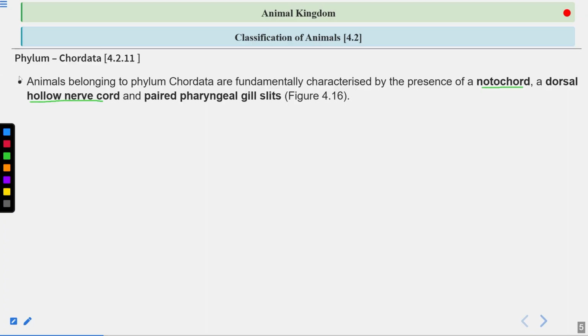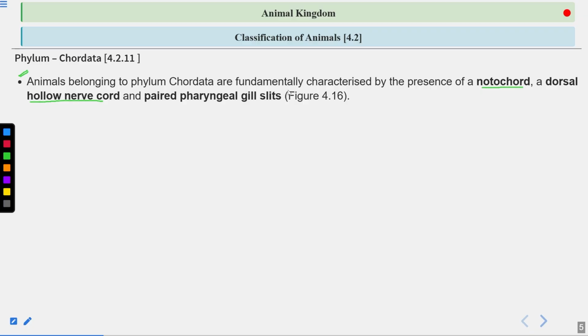So these are some of the very important fundamental characteristics that Chordata possess. There must be the presence of a notochord. Notochord is one of the very important characteristics, and the animals that have a notochord are kept in the phylum Chordata,